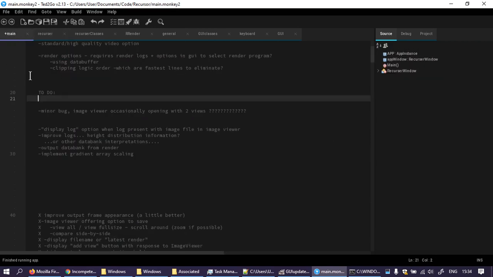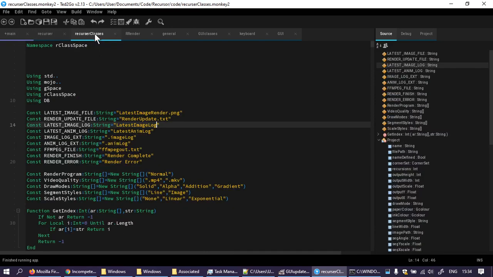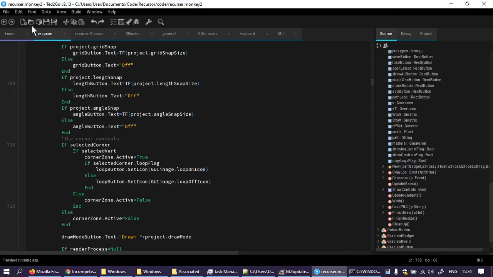If there's going to be a height distribution thing, maybe I should be interpreting that as a graph. Don't know. Anyway, different things might be displayed in the log. For the time being, though, what I want is a scrolling list of the log lines. Now, my GUI has big gaps. One of them is